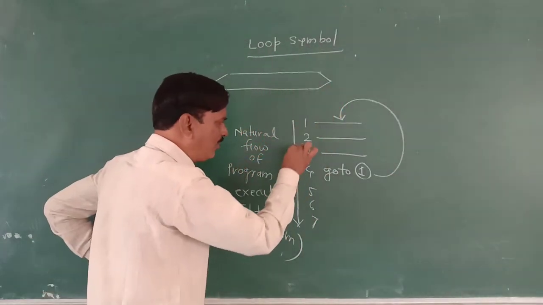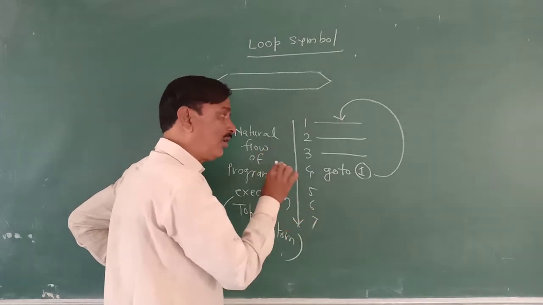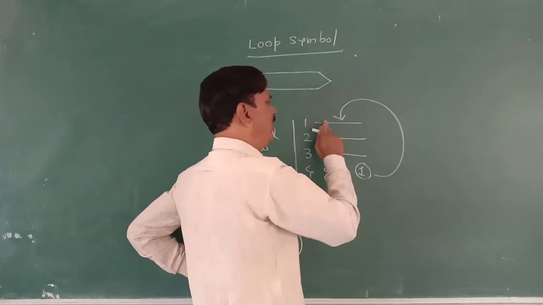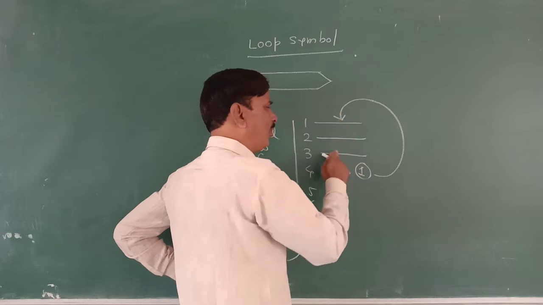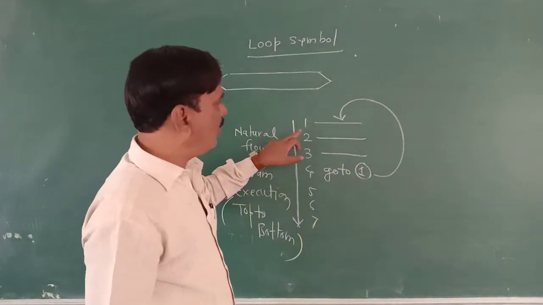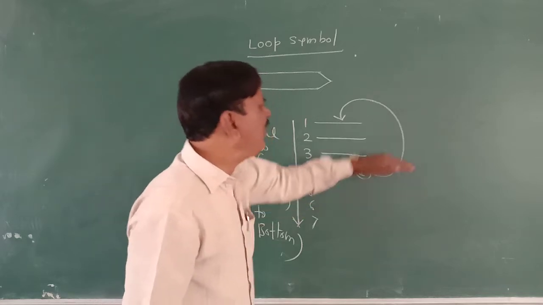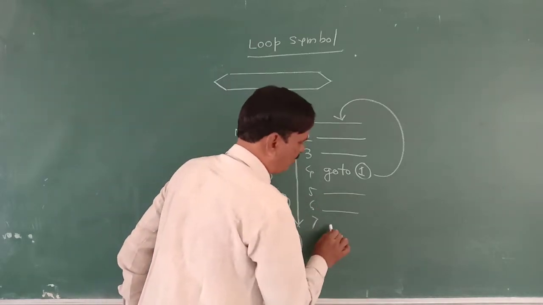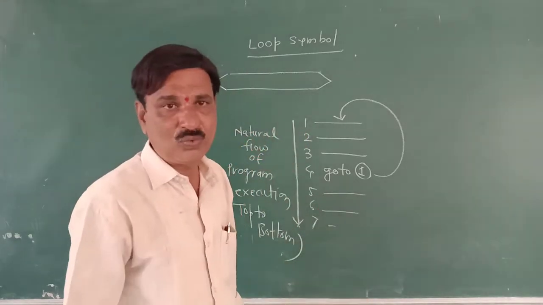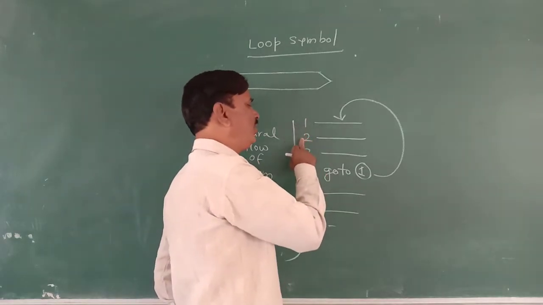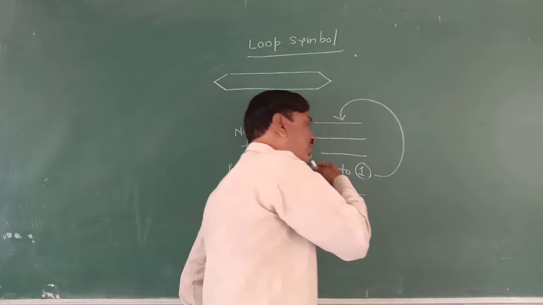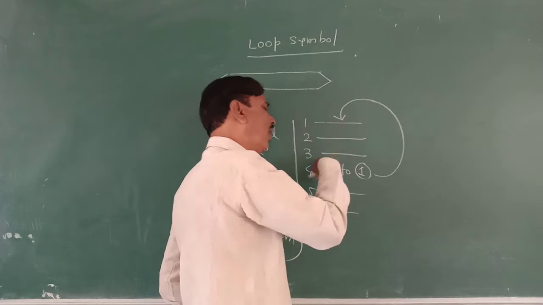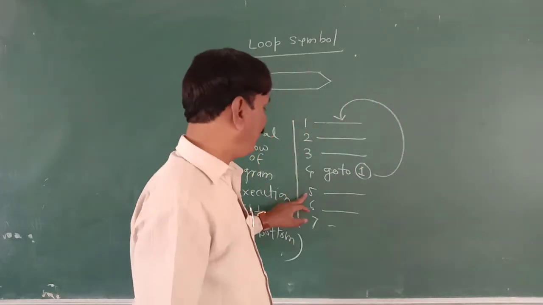Similarly, natural flow of program is sequential, but to divert the control again we require the go to statement. Go to 1, upside. It will come downside. Go to 1. Again it will come downside. So what will happen? Instruction number 1, instruction number 2, instruction number 3 will be repeated. And the program will never come to 5, 6 or 7. Why? Because instruction number 1 is executed, 2 is executed, 3 is executed, and at the 4th it is diverting the control back again to 1, 2, 3. Again go. So it will never come to instruction number 5, 6 and 7.